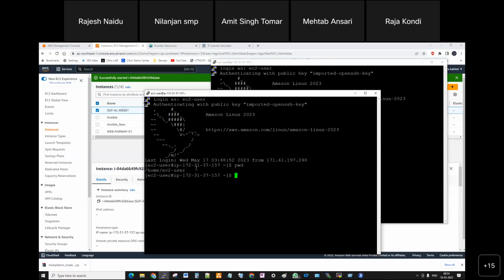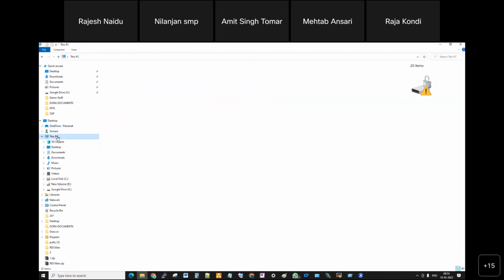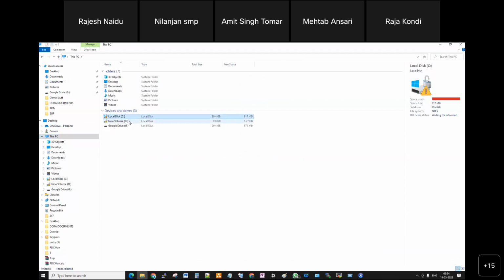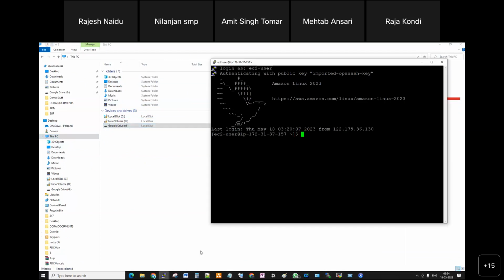Now, in a Windows machine, if you go to This PC, C drive, D drive, multiple drives are showing, right? How can you check multiple drives information in Linux? The main root drive is a slash.